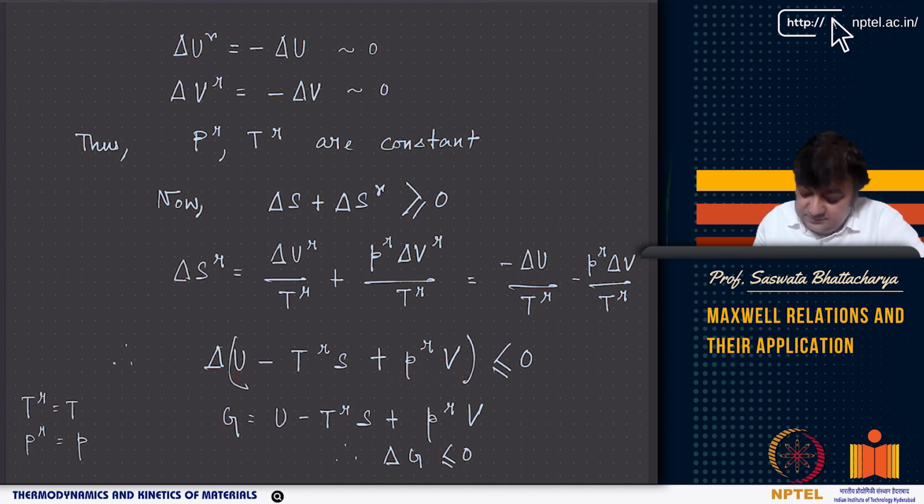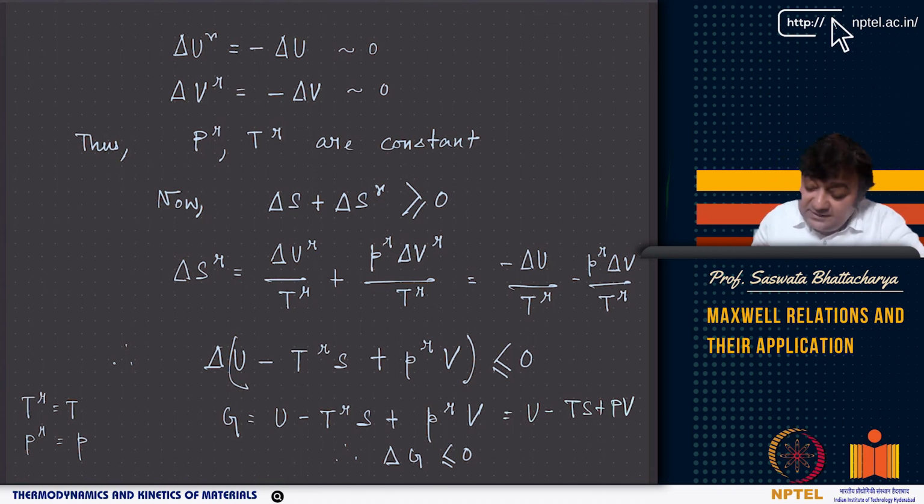equal to 0. Now G, since TR equals T, right, and PR equals P, thermal and mechanical equilibrium, then G is U minus TRS plus PRV, which is U minus TS plus PV, right? And U minus TRS plus PRV is nothing but G, right? So, which is U minus TS plus PV, and instead of T I am writing TR, and instead of P I am writing PR, because indeed the system is taking the temperature of the reservoir and the pressure inside the